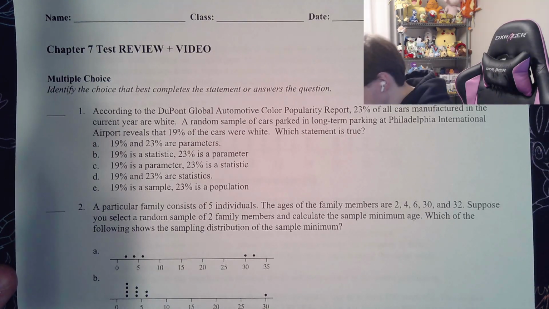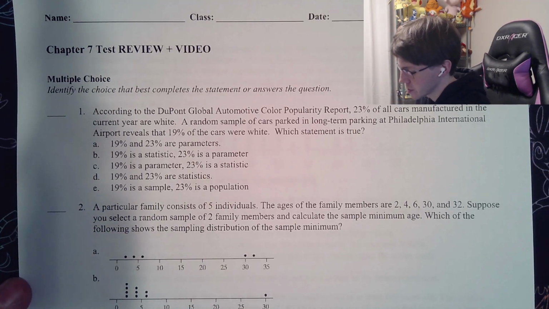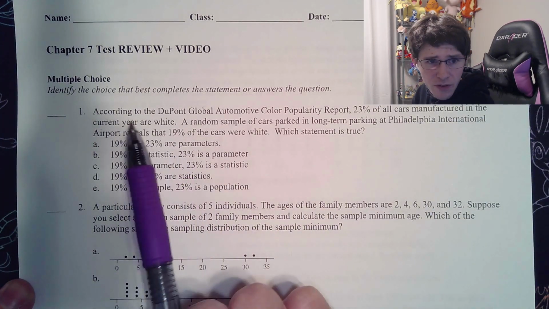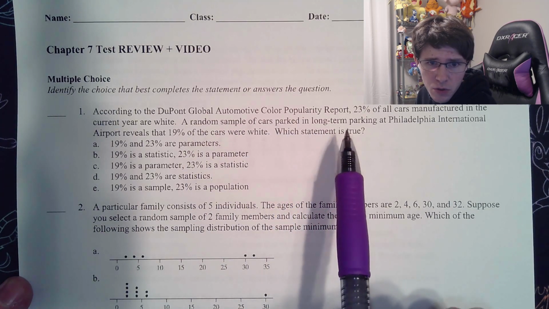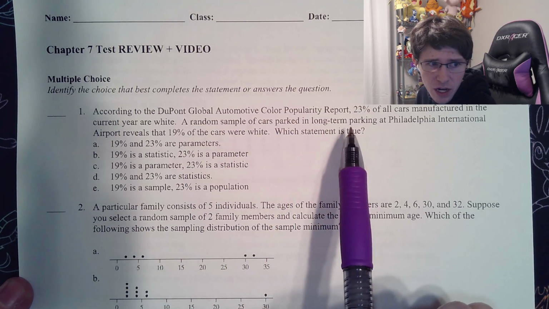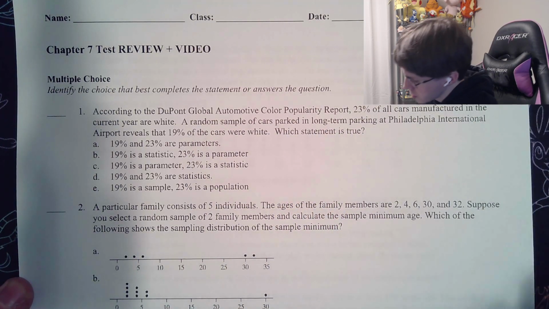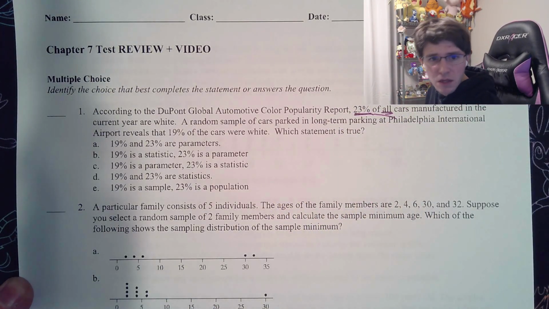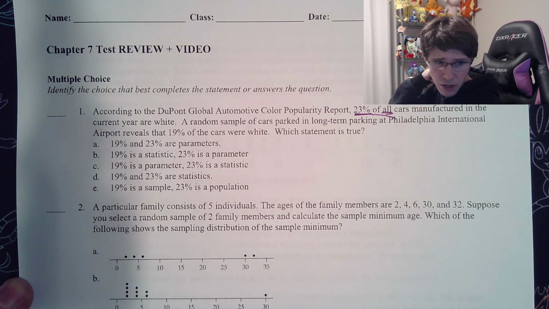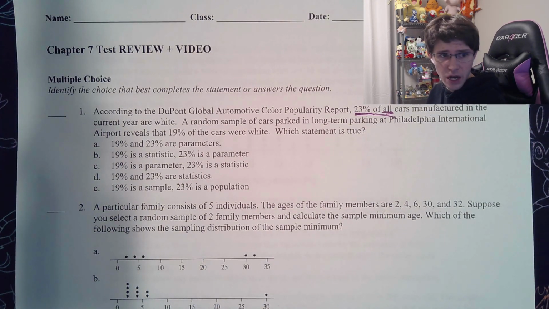Let's hop right into this test review video on sampling distributions. So here we go. We're going to read every question. According to DuPont Global Automotive Color Popularity Report, 23% of all cars manufactured in the current year are white. So the key word here is going to be "all." Basically all questions of this nature, and this is going to be true for a lot of these questions,